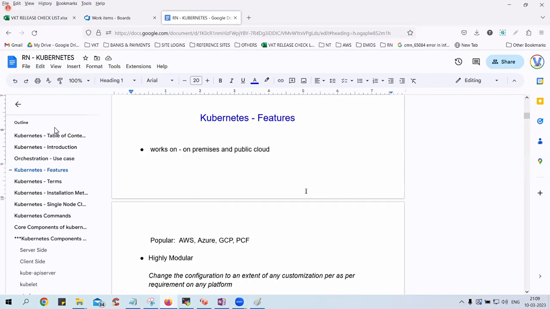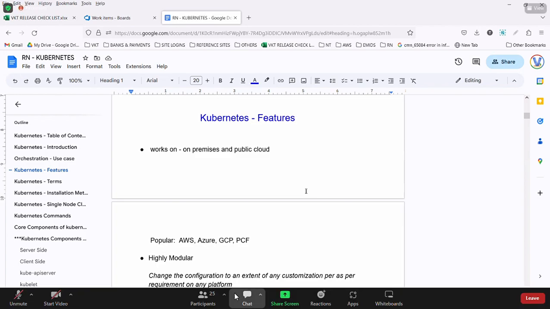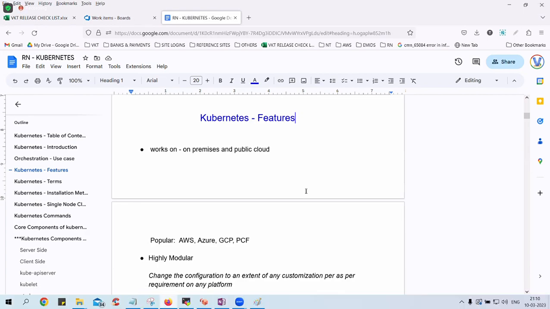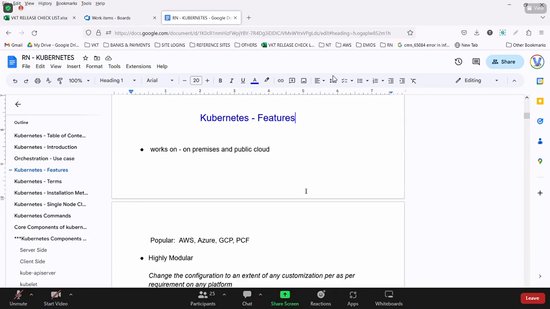The best friend for Kubernetes is GCP only. Reason? Because that's its birthplace. That is the reason. So we have to talk in that style only. It's not about the location there.